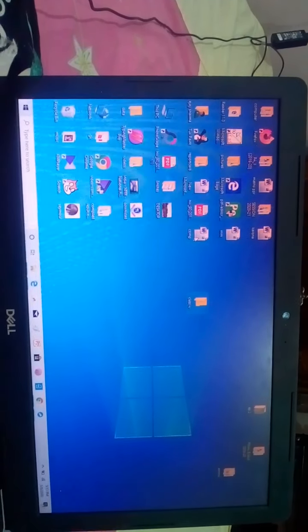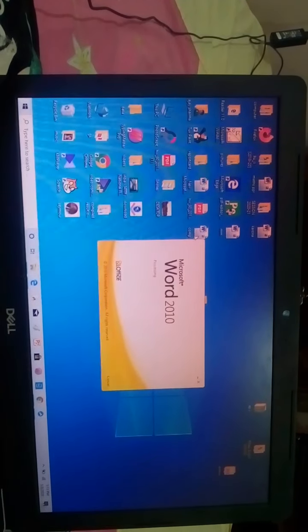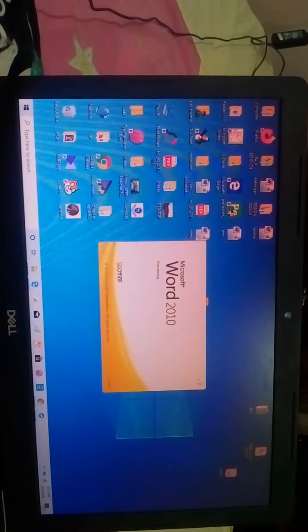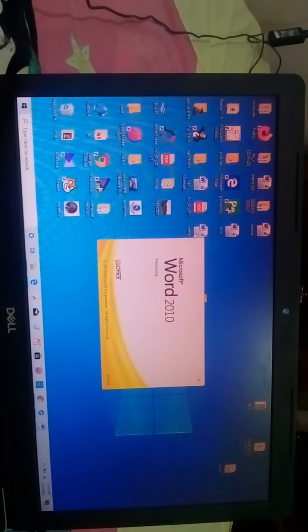So double click on this file to open it. Now you can edit this file if you want to add some other material in it by simply clicking and writing something. I will save this file in the newly created folder.